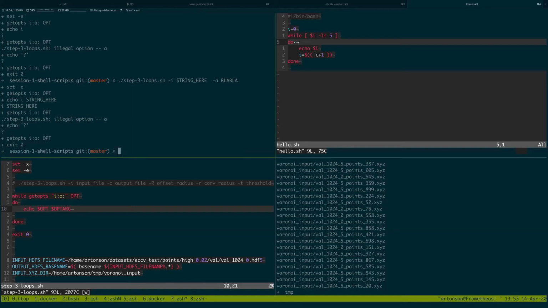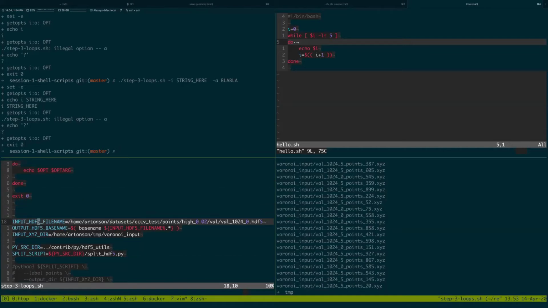So in here you can see that echo E and the OPTARG resulted in echoing E and a string here. So if we are iterating over options and values of the options, then what we need to do is set our HDF5, for instance, we need to set this particular